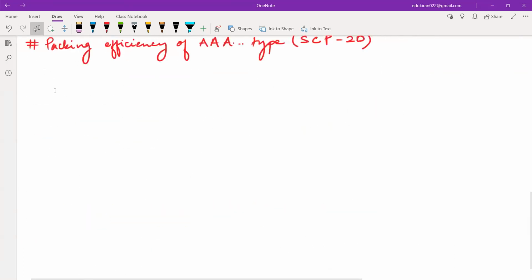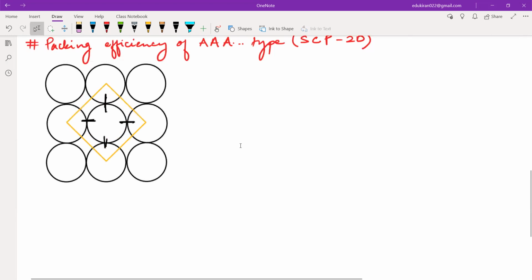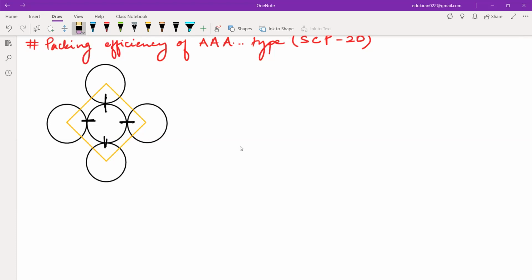And paste it here. Okay. And I know I don't need a few atoms, these are the atoms that I don't need. Okay. So we have this as our unit cell, and we want to find the packing efficiency, that is the